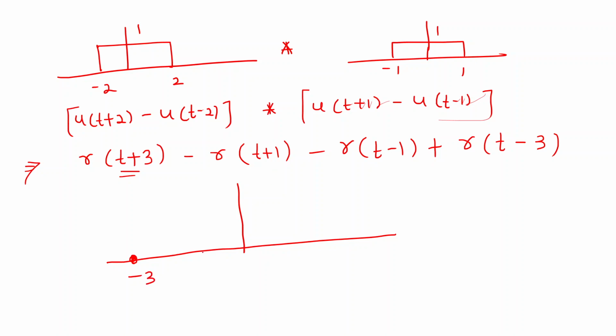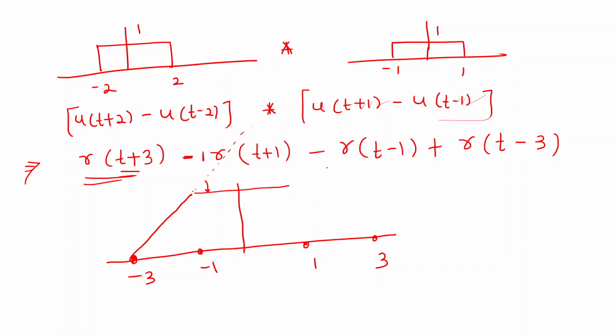These are the -3 point, this is -1 point, this is 1 point, this is 3 point. Now you just draw. These are ramp signals. Our slope is 1 because the coefficient is 1, so it is going up. Then again at -1 point, someone is pulling down because the slope is negative, -1. So it is going up to infinity, but someone is pulling down straight because the same slope